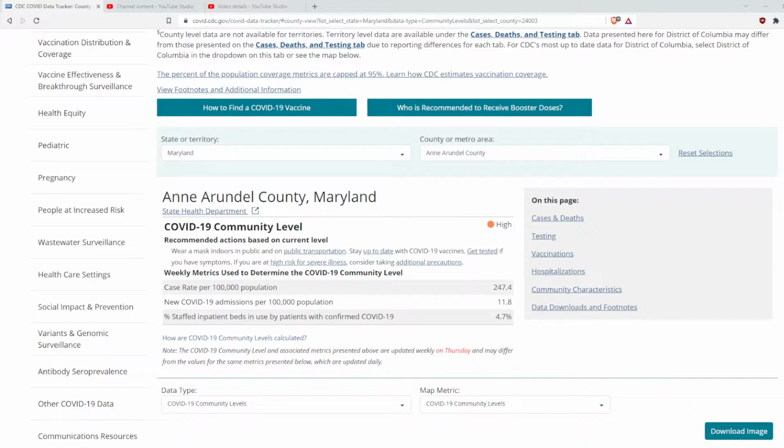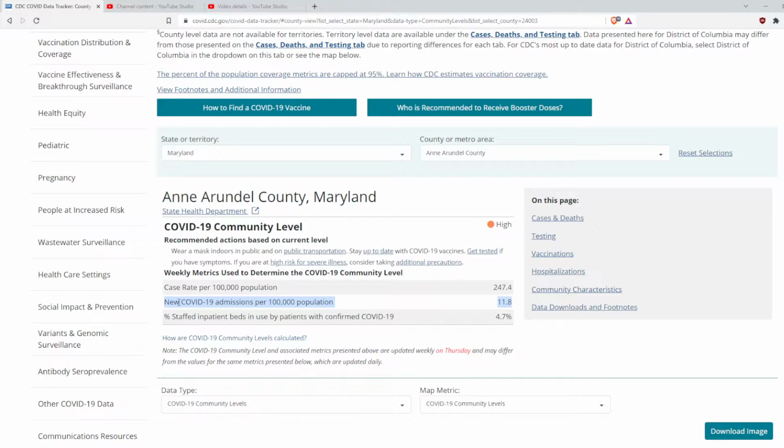So in a previous video, I discussed the CDC COVID community level data, and we walked through how this case rate per 100,000 is not being accurately depicted based on CDC's own data on these pages. What I want to talk to you about now is the COVID admissions per population. At least for Maryland, this number is pulled from a CRISP data source, a data aggregator for hospitals in the area. And I believe, from what I understand from the county health department, that this information is then pushed